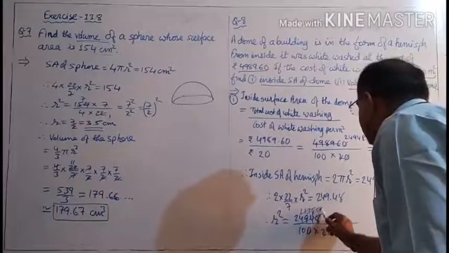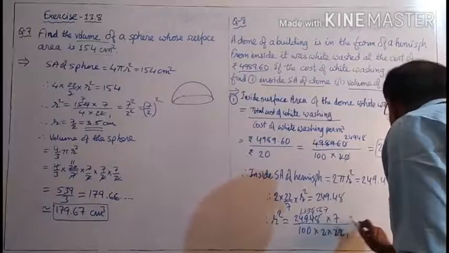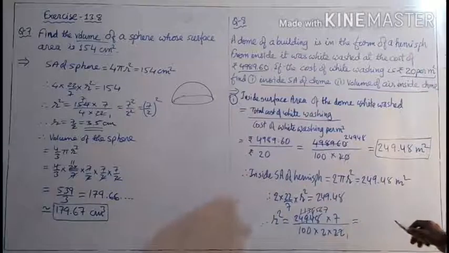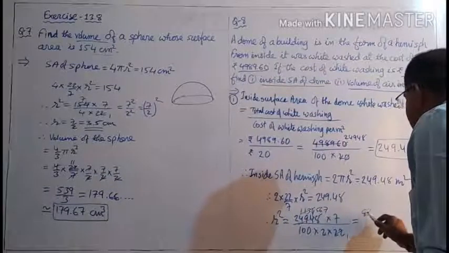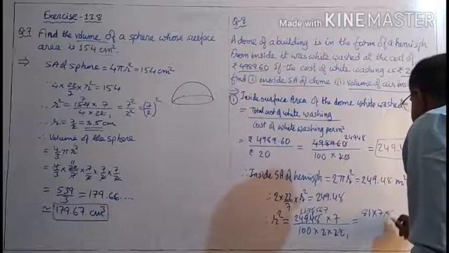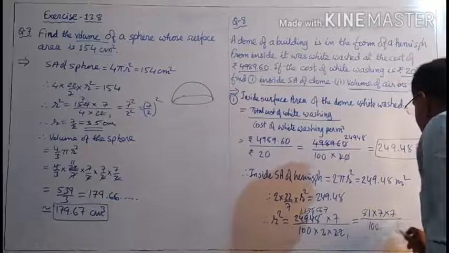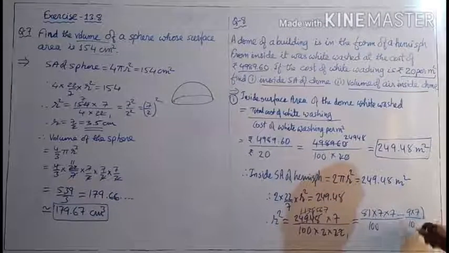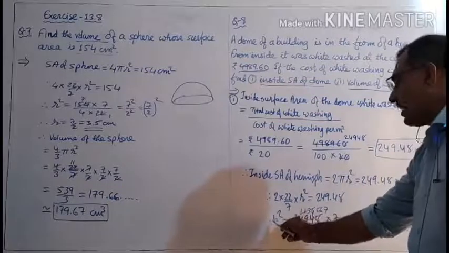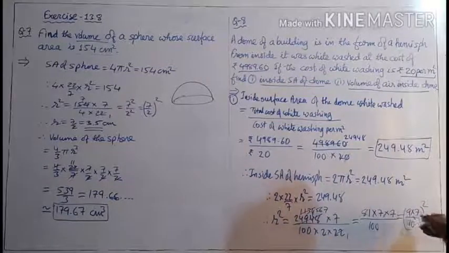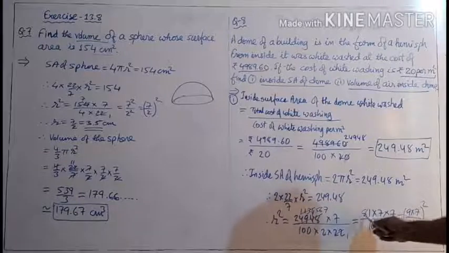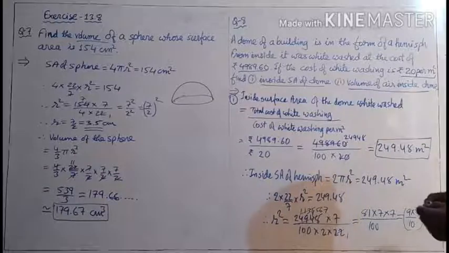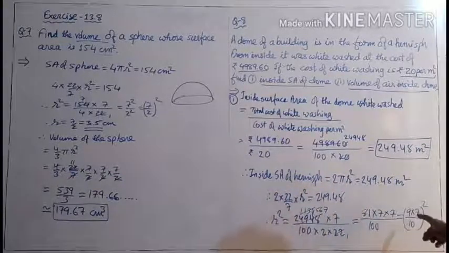So here you will get 567. So what is 567 now? We see 567 means it is here we say 7 8 ja 56 and 7 1 ja, and then 7 into 7. These are the factors. And thus we get here it is 9 into 7 divided by 10 whole square. As here radius r square is given, therefore we have to represent in perfect square. So 9 square and 7 square divided by 10 square, that is 63 by 10 square. So r square is equal to 63 divided by 10 square.